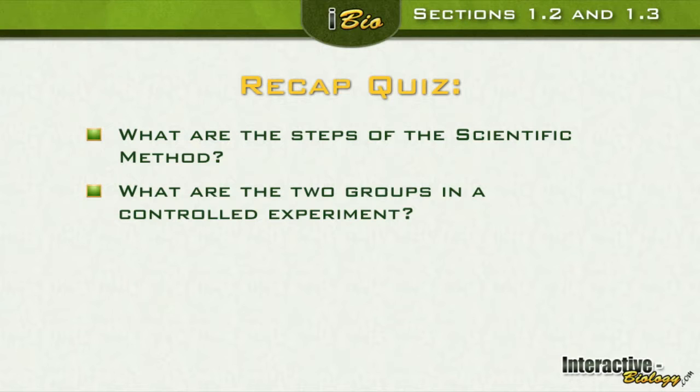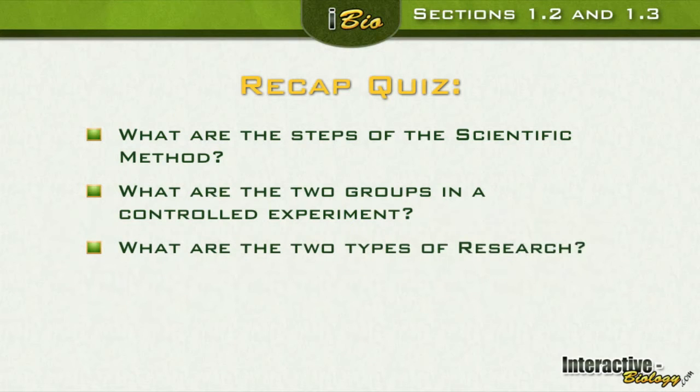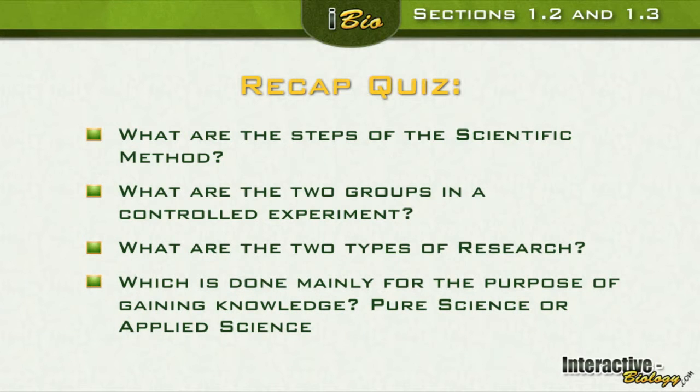Good stuff. What are the two groups in a controlled experiment? All right, good. What are the two types of research? Quantitative and descriptive. And which is done mainly for the purpose of gaining knowledge? Pure science or